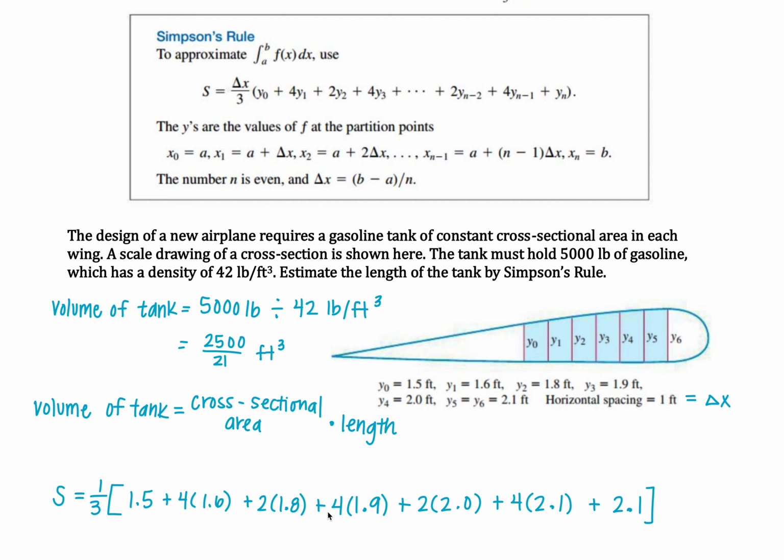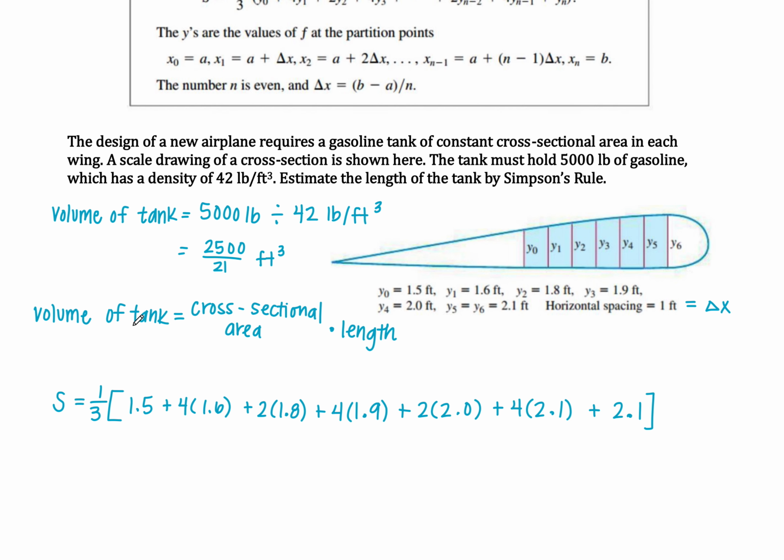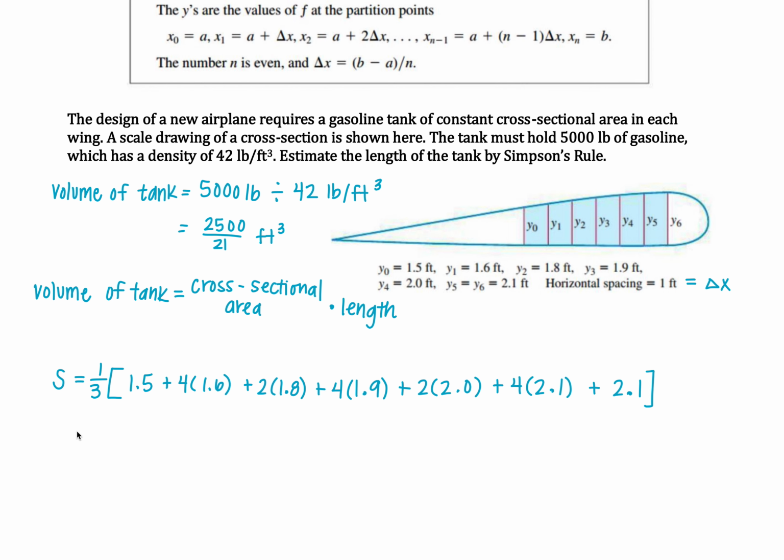If you add up everything inside the brackets, you're going to get 33.6. So let me scroll down a little bit. So we have 1/3 times 33.6, which is going to give us 11.2 square feet